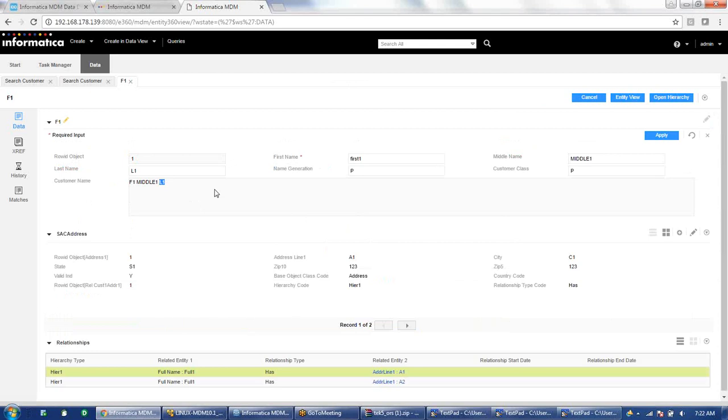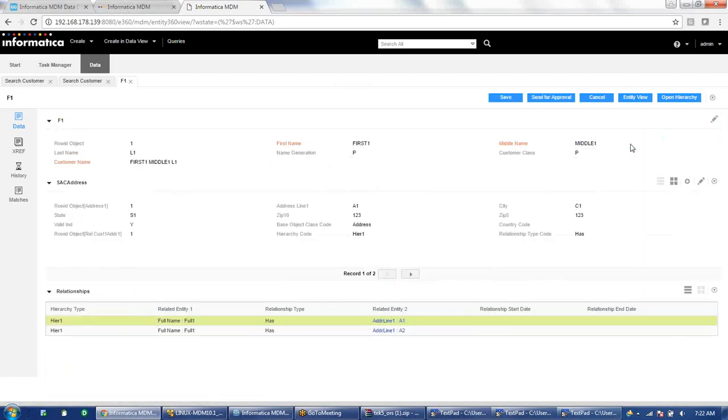That will get inserted automatically using whatever values we are passing for first name, middle name and last name. And the cleanse functions are applied whenever you click on the apply button. So when we click on apply, we can see whether the cleanse is getting applied or not. You can see that the first name is changed, and also it is appended to the customer name.